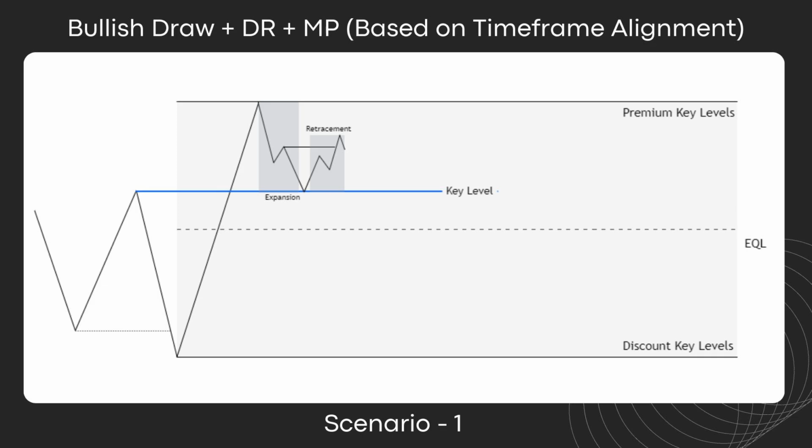Even with a key level, we're just going to expect a retracement instead of a reversal, because we've combined it with higher time frame dealing ranges and higher time frame premium and discount, which have given us a further filter to our understanding of price movements and markets. So you can see we've added a more advanced filter to it, and you're building an advanced narrative, because first you would have expected a reversal and price might have stopped you out, but now you would only expect a retracement,